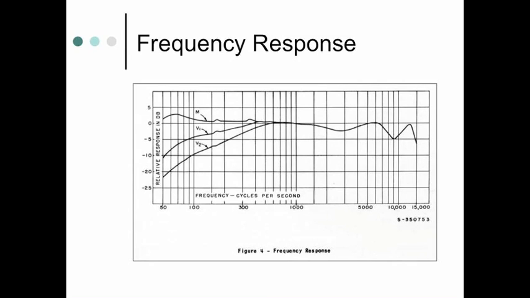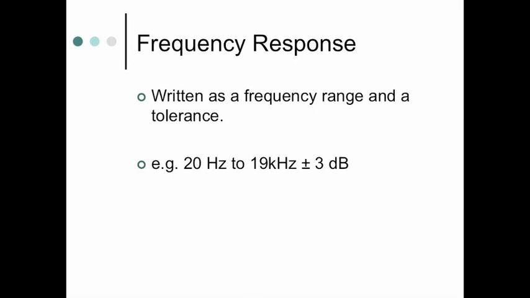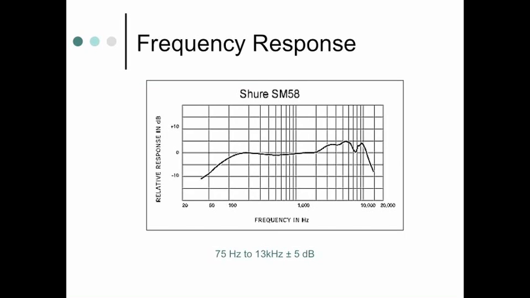Just like our ear has a frequency response, every piece of gear has a frequency response. It's written as a frequency range with a tolerance, like 20 hertz to 19K plus or minus 3 decibels. So that gives you a tolerance: even though it's not perfectly flat, it'll lie within that 3 decibel range from those frequencies. Here's a good example, a microphone, an SM58 from Shure Brothers, which is the microphone you predominantly